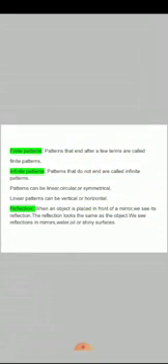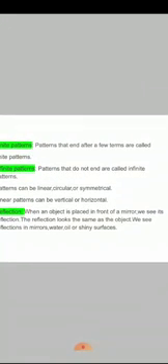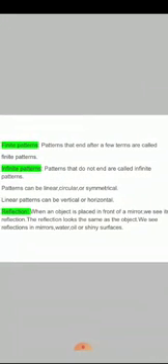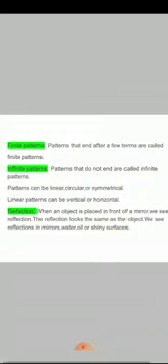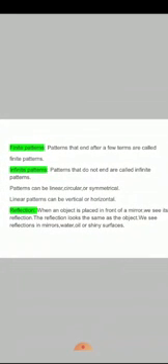Finite patterns. Here, what is a finite pattern? Infinite pattern. Here we are going to learn about finite patterns and infinite patterns. Patterns that end after a few terms are called finite patterns. What is it? Let us take an example of even numbers. If you take the even numbers 2, 4, 6, 8, 10, it goes on continuing. There is no end for the even numbers.